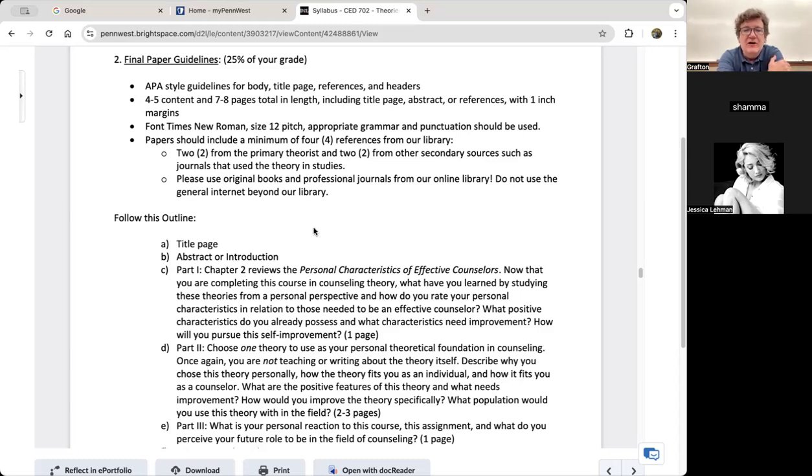If you are using Gestalt, try to get 2 quotes from Perls. Secondary sources can be any professional journal that maybe uses the theory in a study or something like that.